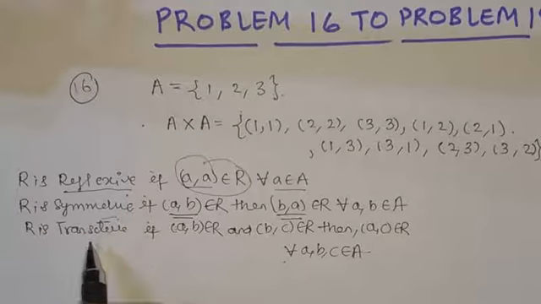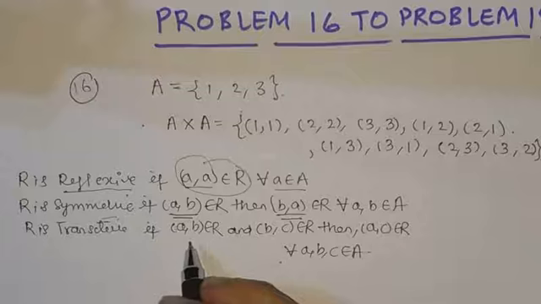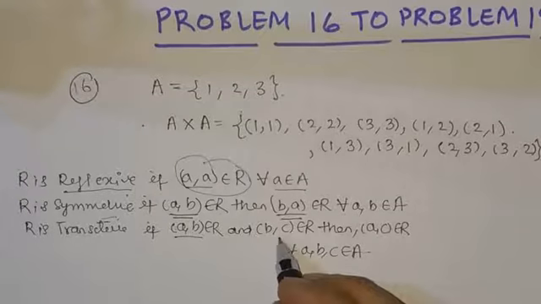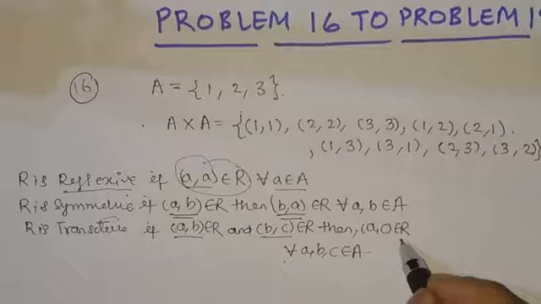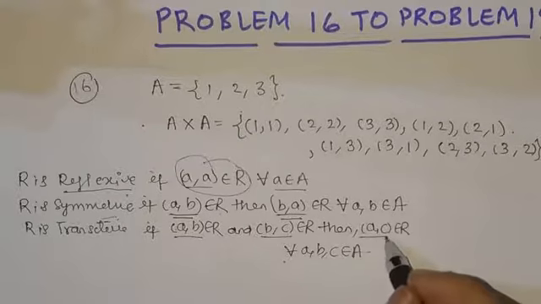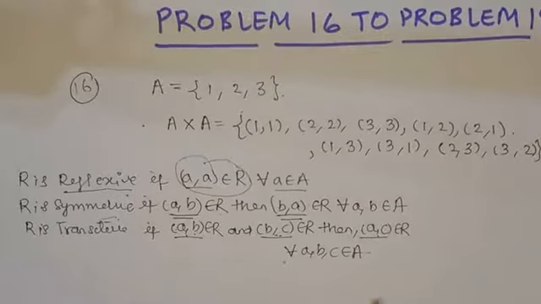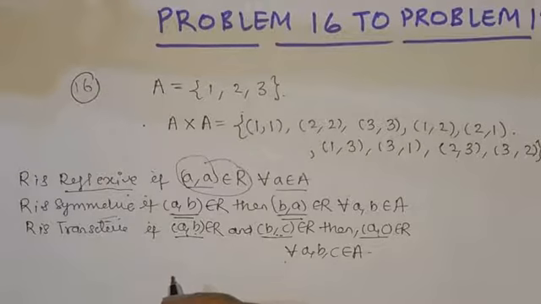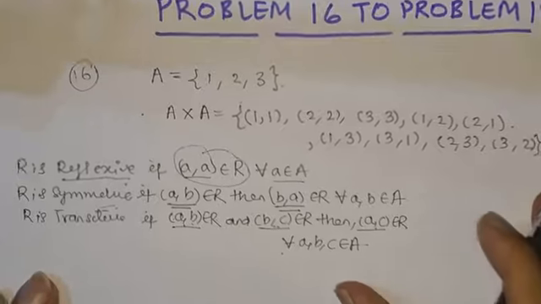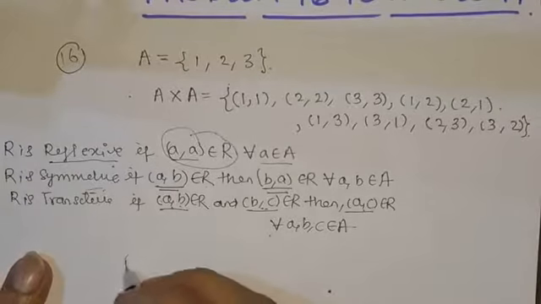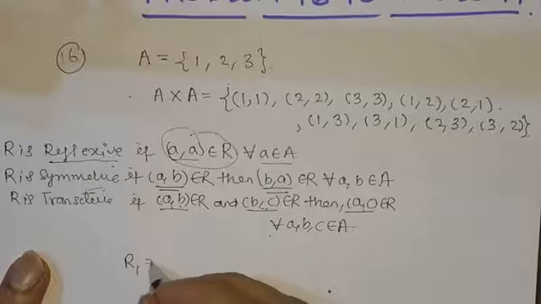Now what is a transitive relation? This is also a conditional relation. So that means if (a, b) belongs to R and (b, c) belongs to R, then (a, c) should belong to R. Okay. So if these two belong to R, then (a, c) should belong to R. Okay. Now let us look at the question. Okay, that is the number of relations containing (1, 2) and (1, 3) which are reflexive and symmetric but not transitive. So if you consider this relation, okay, R1, let us say.